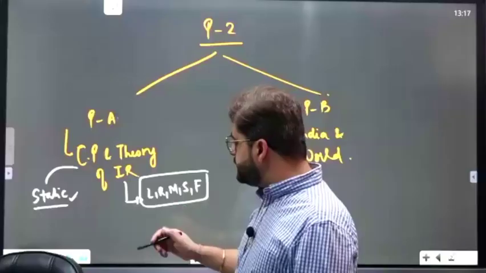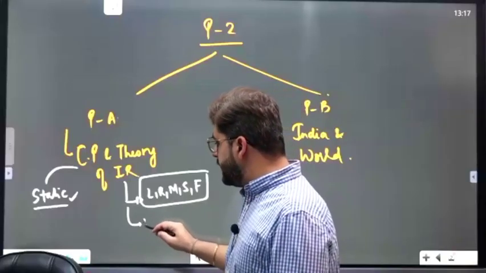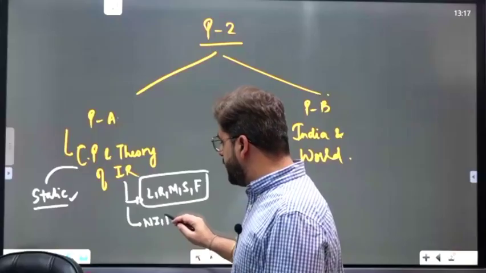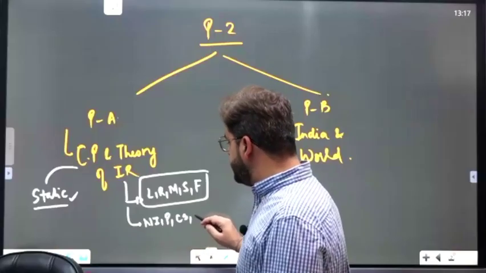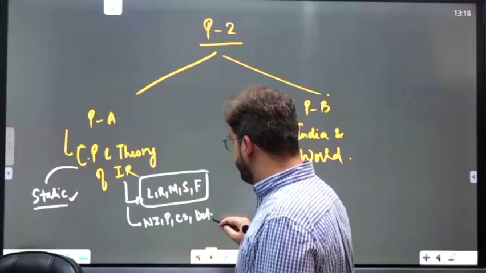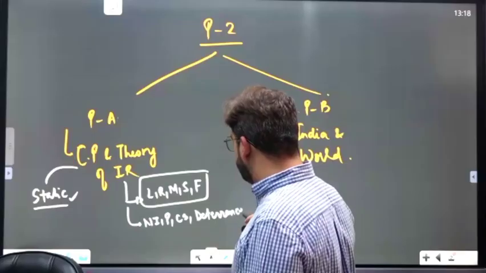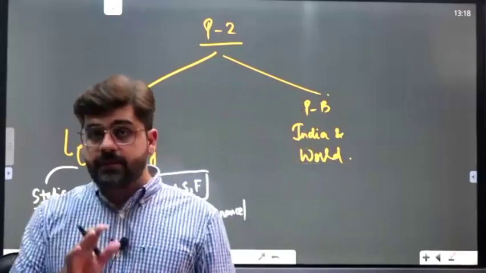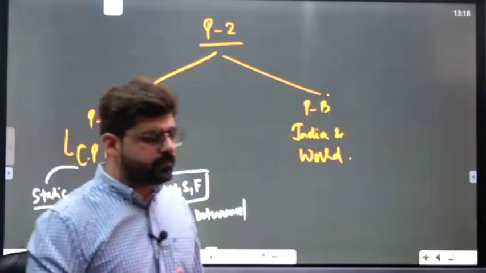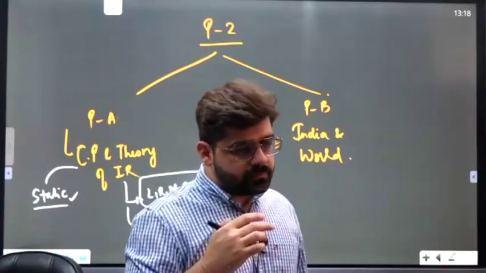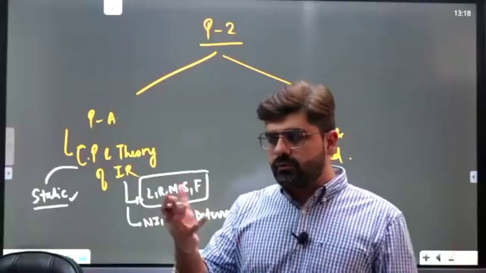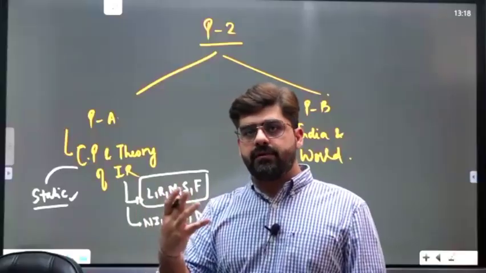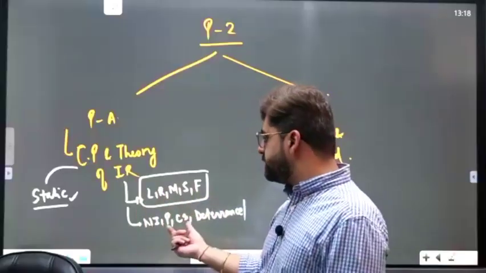These frameworks use concepts like national interest, power, collective security, deterrence. We would want to know what these concepts are also. This is a part of theory of international relations. Once we know the theoretical foundations as to why and how nations interact with each other, along with some concepts like this,